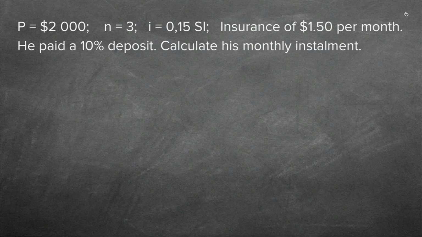So I'm going to do my formula. A is equal to P(1 + IN). We're going to fill in what we have. Just remember we're working in dollars now because you're going to give your friend advice here. And it's 1 plus the I is, where's the I? 0.15 times the years is 3.